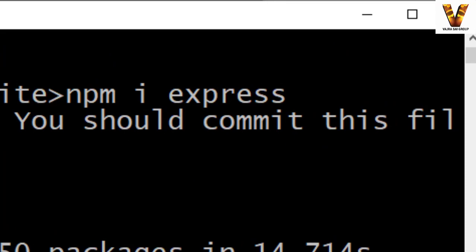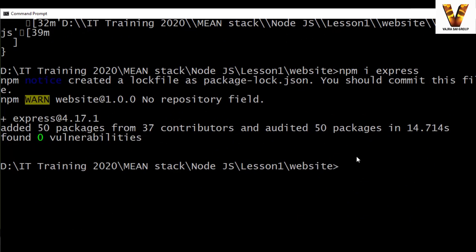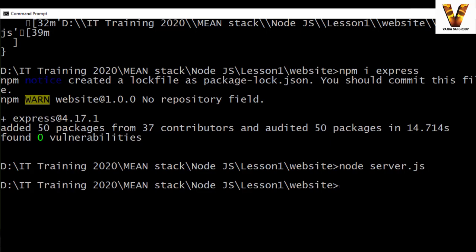Now what I will do is I'll run your previous command, which is node server.js. Now if you see, there are no errors because the Express package is now available within your project.